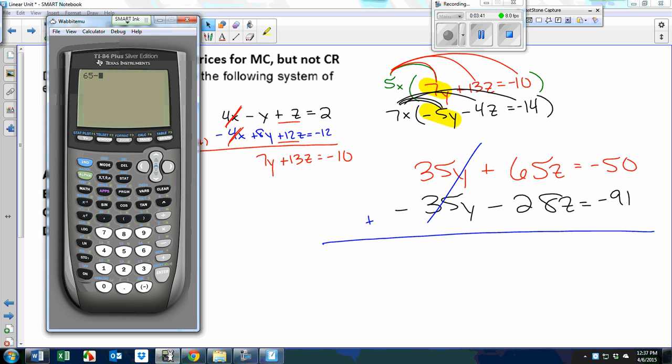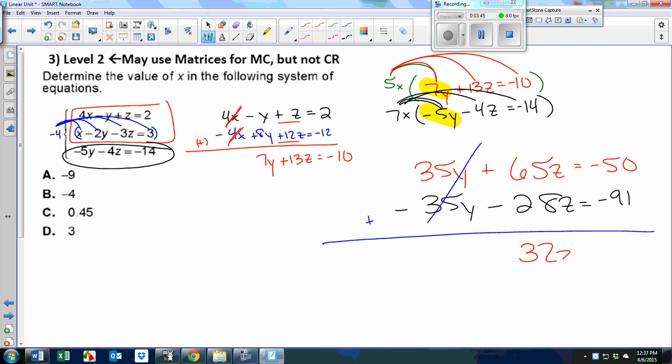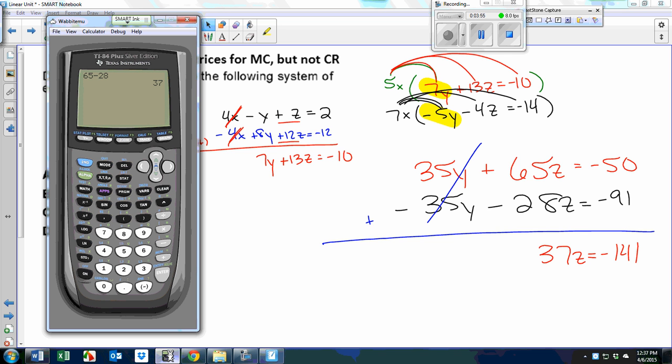65 minus 28, you get 37z. 37z equals negative 50 plus a negative 91, negative 141. Moment of truth. Hopefully, when you take negative 141 and divide it by 37, fingers crossed, it's a nice number,